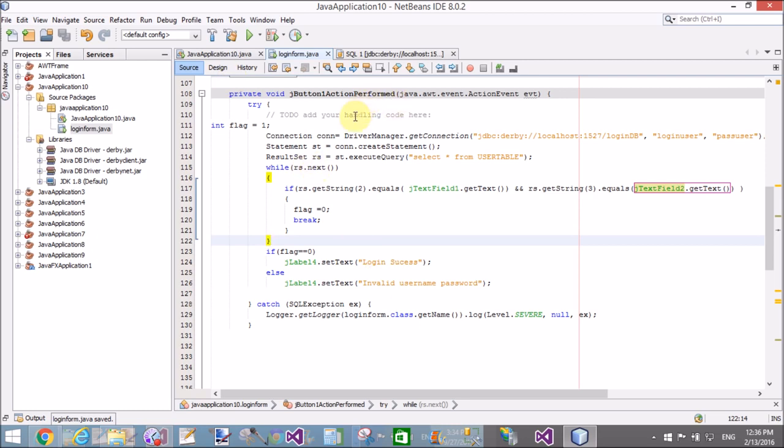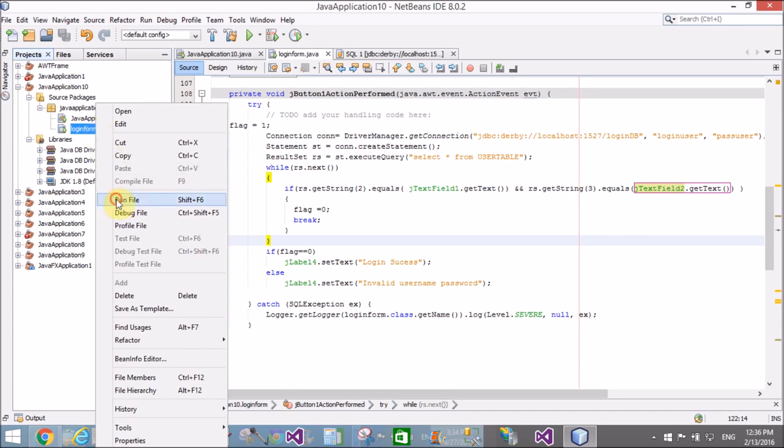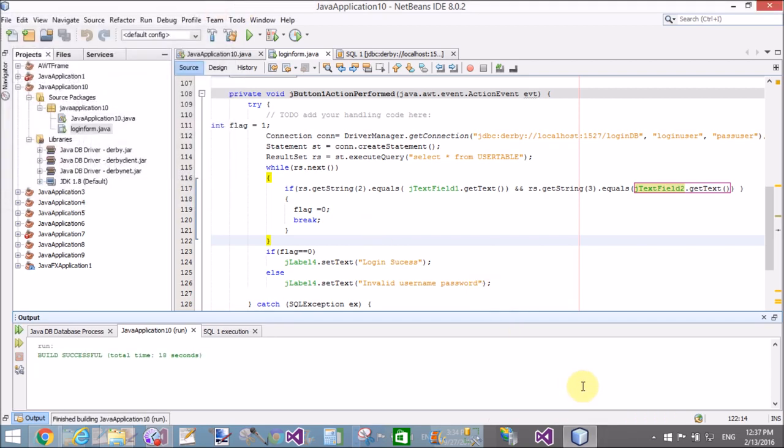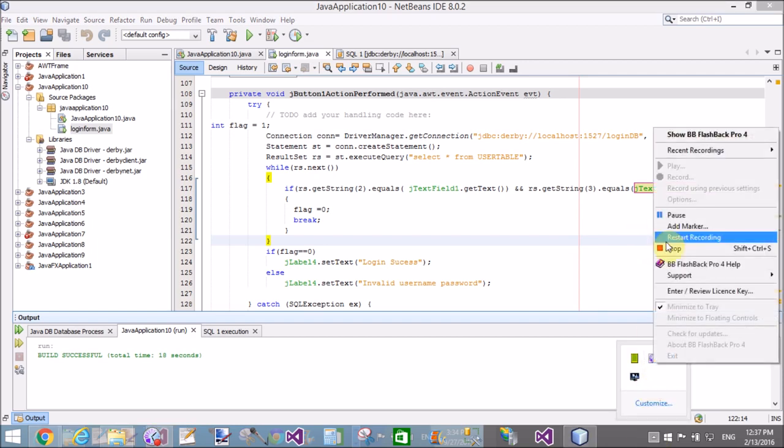Invalid username, because in the if section both values do not match, so use dot equals for the deep match, equals, and pass the value in here. Okay, in the same line